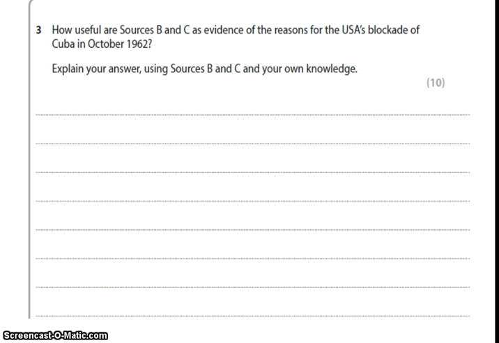I hope that's useful: using quotes from the sources, developing paragraphs, making your point and explaining, clear paragraphing all the way through with a summative, summing up conclusion means you should write 2 pages, and you should score a high level 3, which is 8, 9, 10 out of 10. Okay?